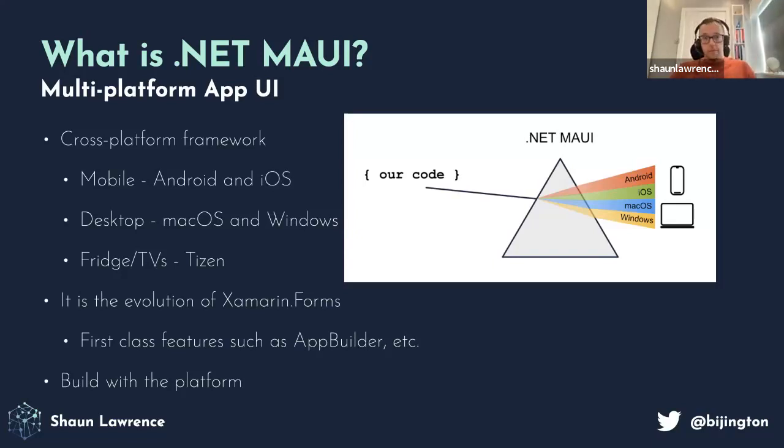So .NET MAUI is the evolution of Xamarin Forms. So Xamarin Forms stopped in version 5, .NET MAUI introduced in 6. It came with a lot of breaking changes, but a lot of fancy features. So I now consider it a first-class citizen of the .NET ecosystem, meaning we get features such as the app builder pattern or the generic host builder pattern. Anyone that builds ASP.NET web applications should feel familiar with it. And actually, I believe the intention of moving to this pattern is that it makes it a lot easier to transition between different .NET code bases, even across different frameworks and platforms, because it has a very similar bootstrapping process.